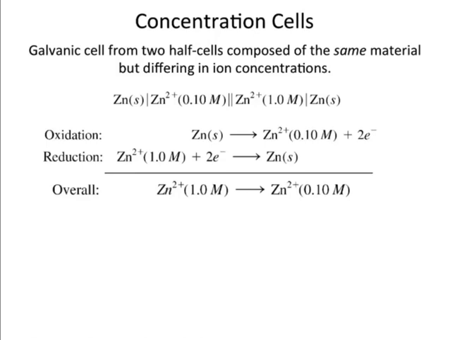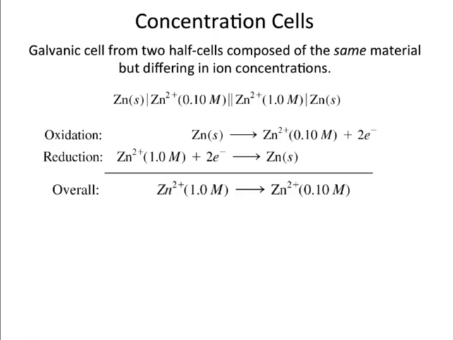And so you can put this together. In one half cell, you'll have the 1 molar zinc solution. In the other half cell, you have the 0.1 molar zinc solution. And assuming this is spontaneous, which it probably is, the way it's written, it means that this concentration is going to go down, this concentration is going to go up,